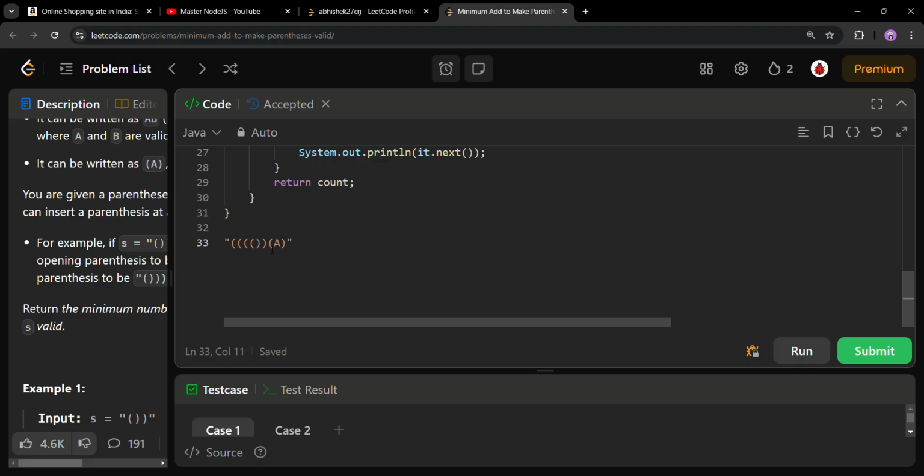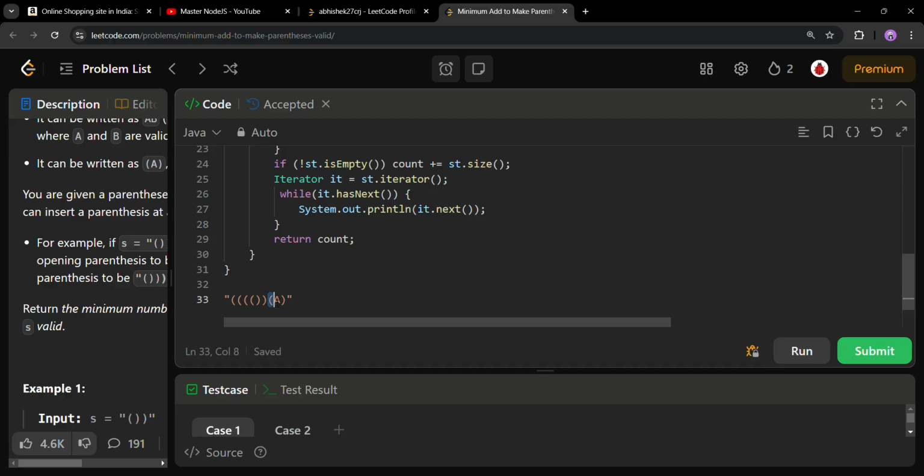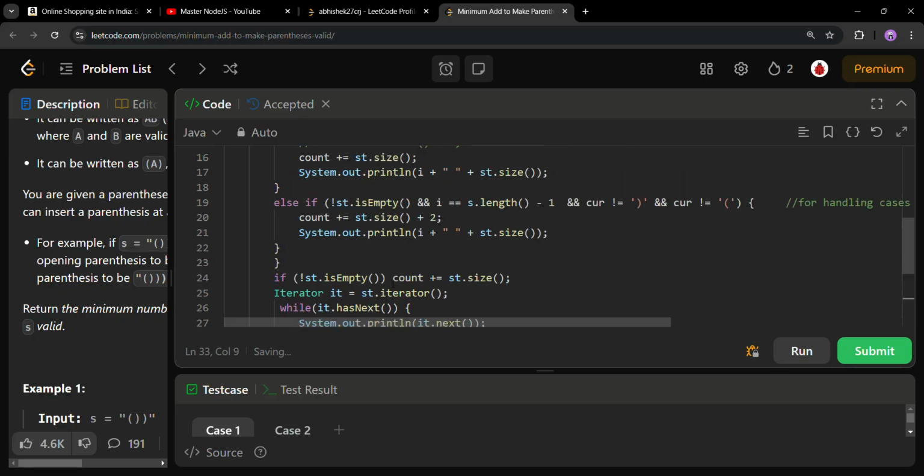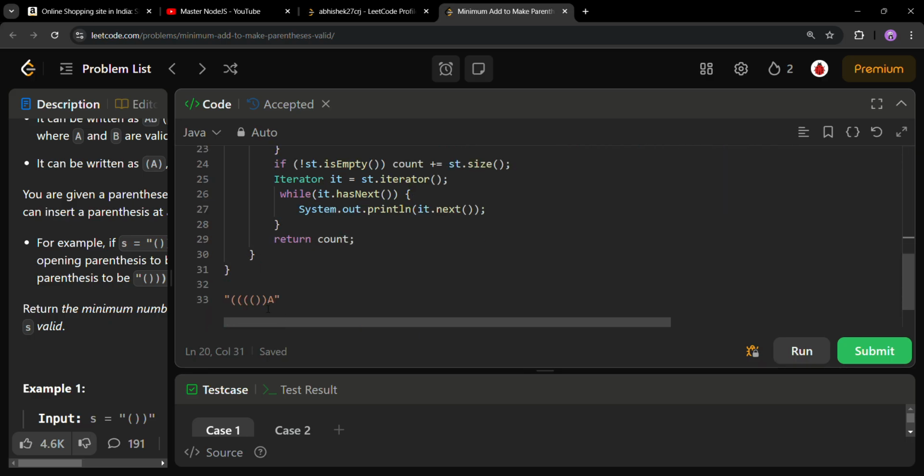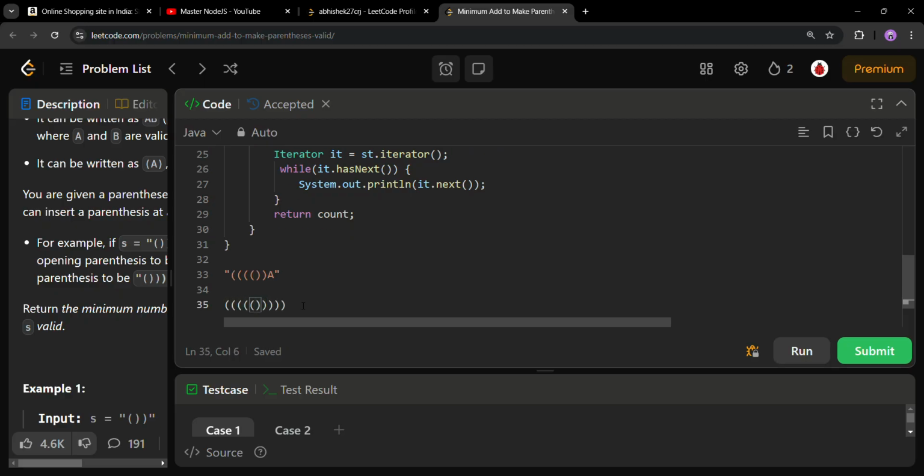For that we need two brackets, so we add two to the counter, but not just two, we also need to add stack dot size. Why stack dot size? It means we have these many opening braces in our stack, so that many closing brackets we need,